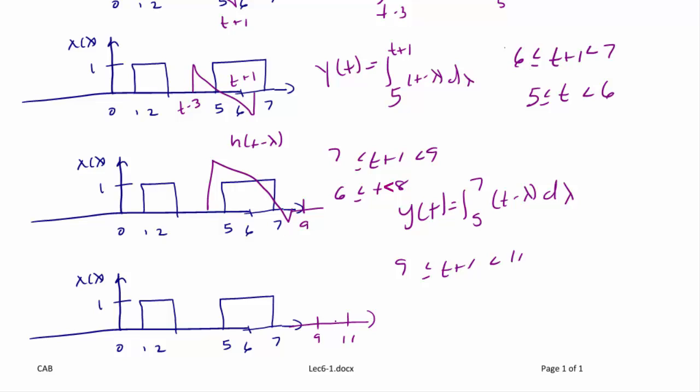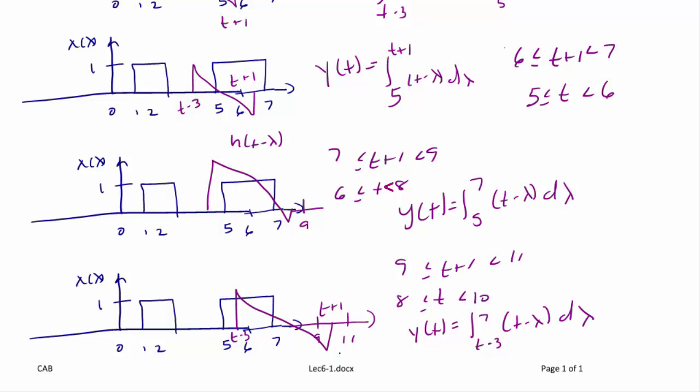And when it's between 9 and 11, what we have here is that the trailing edge of h of t minus lambda still overlaps that second block. So here's t minus 3, and here we have t plus 1. So this is where t is between 8 and 10. So y of t is equal to the integral from t minus 3 to 7, t minus lambda d lambda. And then I don't have a sketch for it, but our final region would be once h of